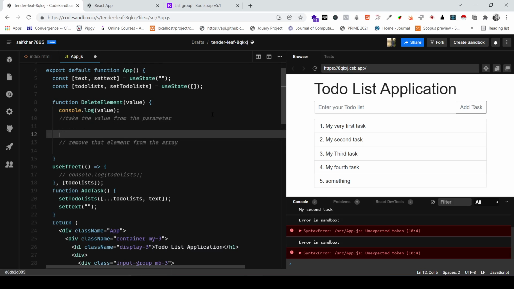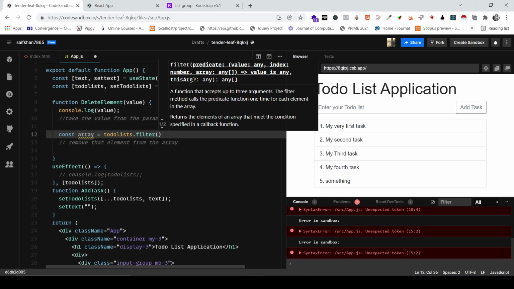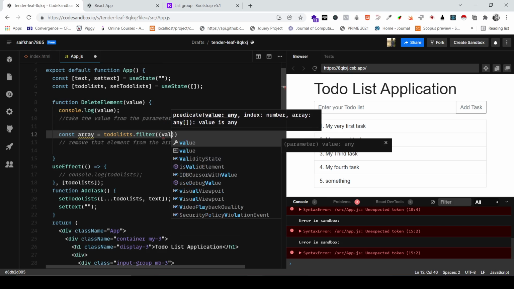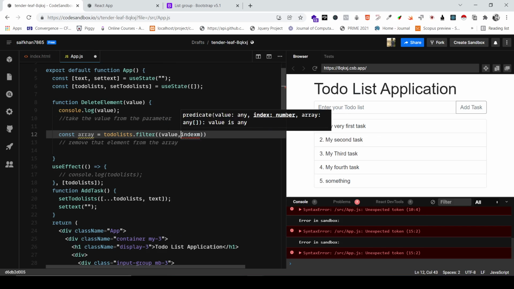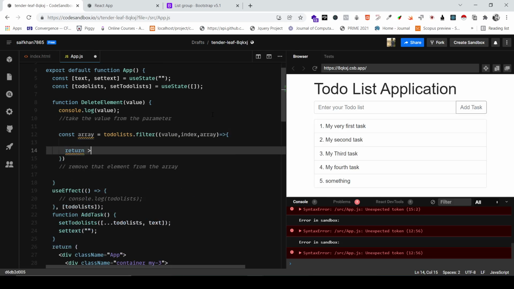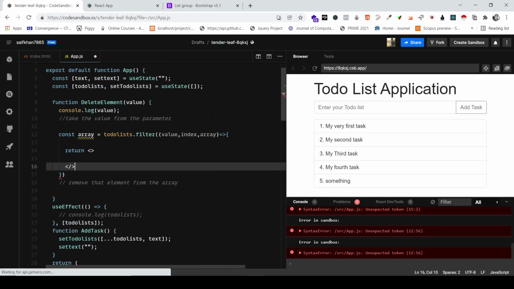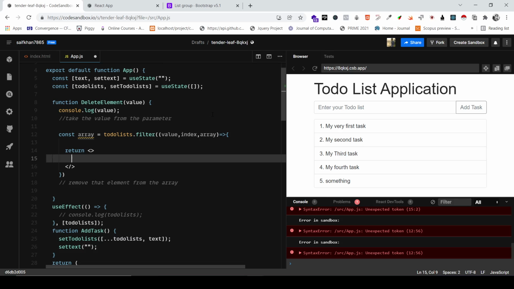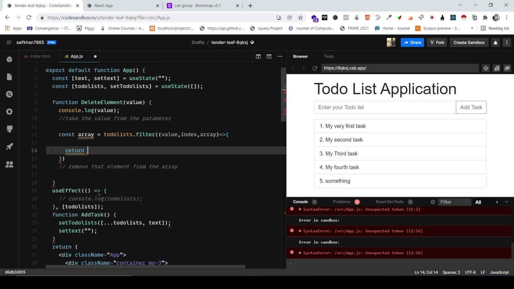So I'm going to create an array, const array, and I'm going to use this to-do list dot filter. Like map, filter will also have a callback function which will also return a value, index, and an array. Alright, so I'm gonna write value, index, it is more like a single value, and an array. So right over here I'm gonna write return, and I'm not gonna use this HTML over here. I'm just going to write value is not equal to